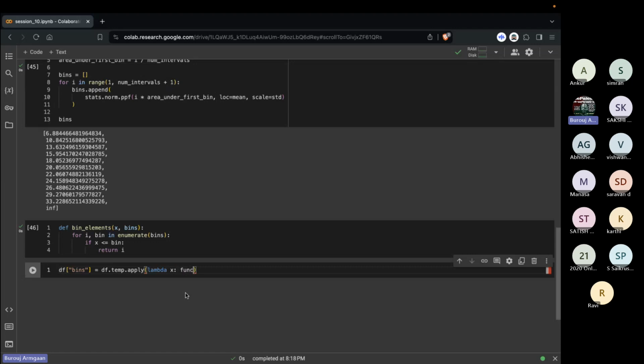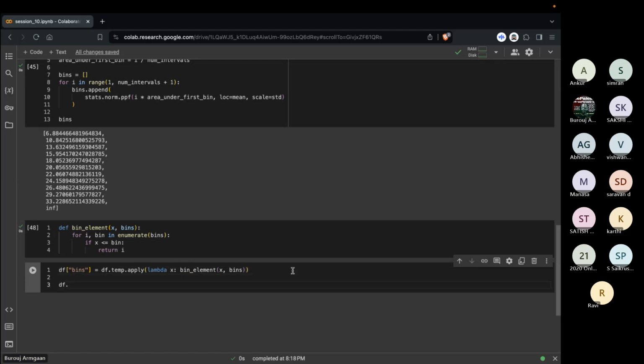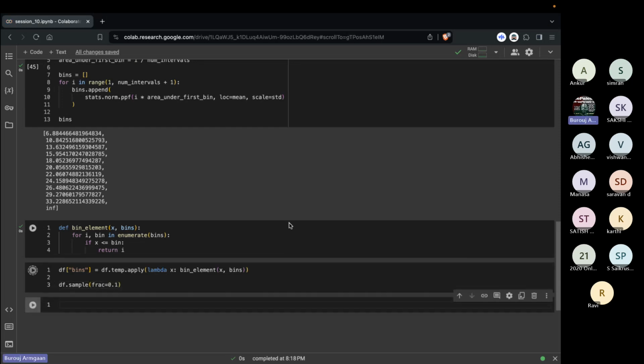I'll pass that x to my function bin element. So bin element, I'll pass x and I have my bins. So we have this, and if we once again print some of the values,